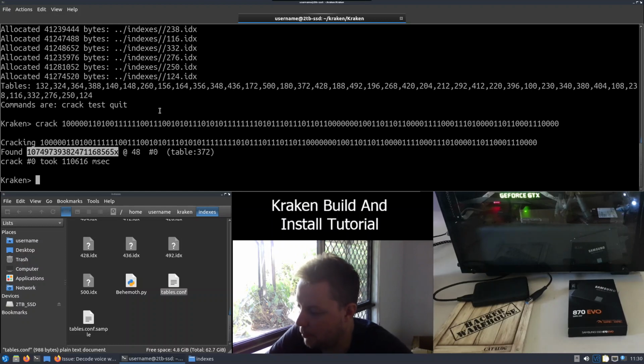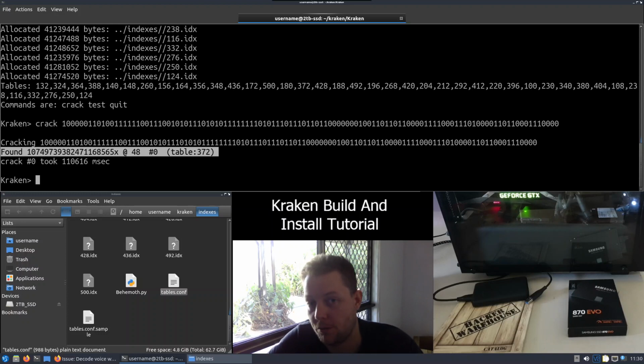Now, this output from Kraken is not the encryption key that was used to secure these GSM communications, and there is a reason for that. Karsten Nohl, who was the founder of the A5/1 cracking project and led the development of Kraken and the generation of the A5/1 rainbow tables, said in his Black Hat 2010 presentation that the development team deliberately made Kraken difficult to use to keep it out of the hands of script kiddies like myself. So in order to actually find the KC value, which can be used to decrypt GSM traffic, we need to